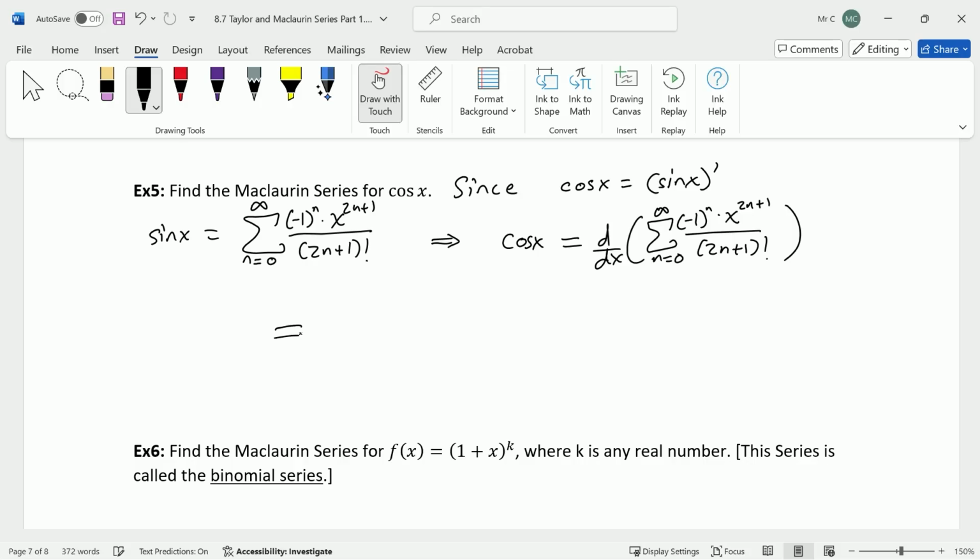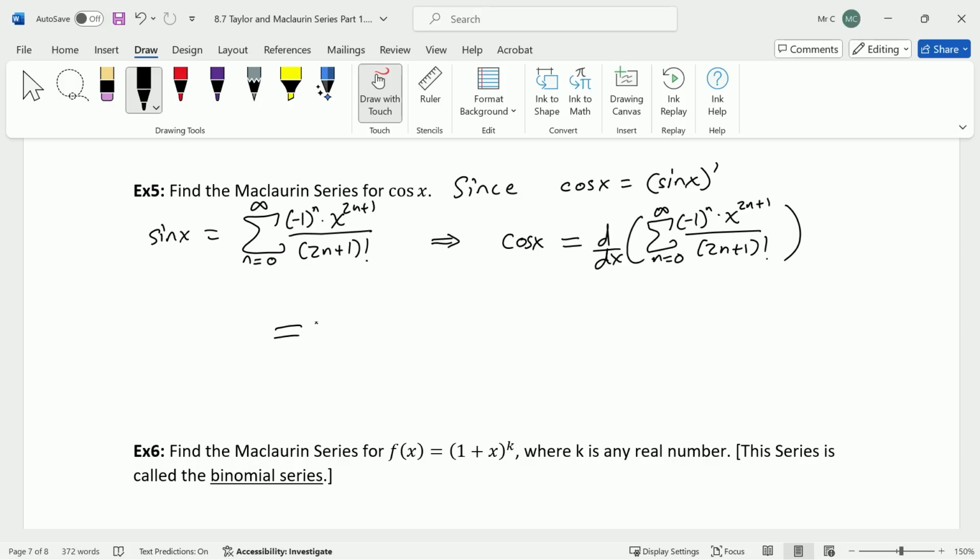And the great thing here is we know that the derivatives of power series have the same radius of convergence as the original power series, and since the radius of convergence for sine is infinity, we also know that cosine